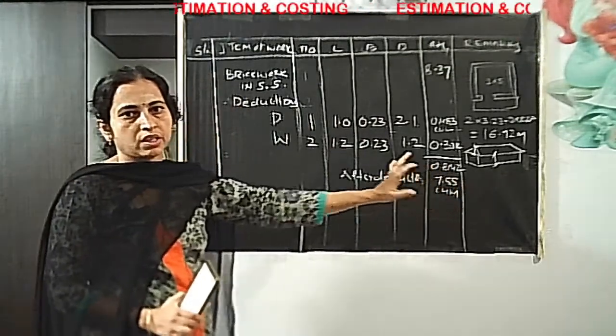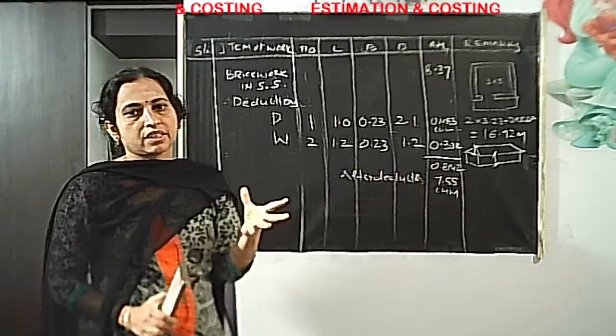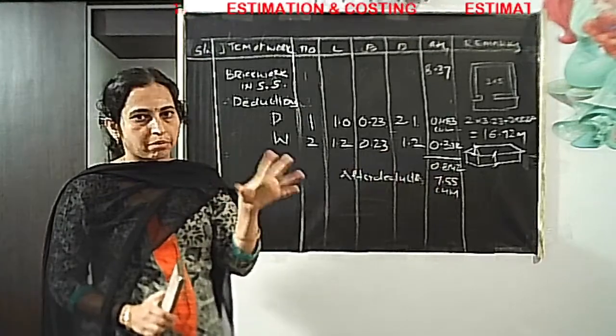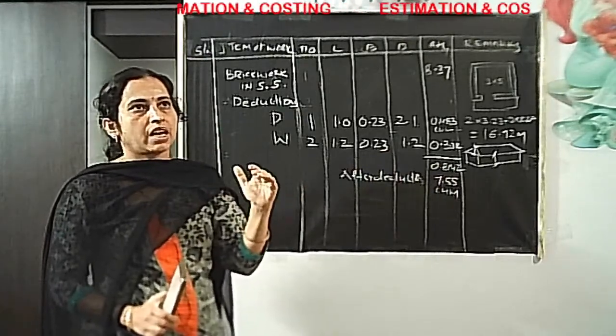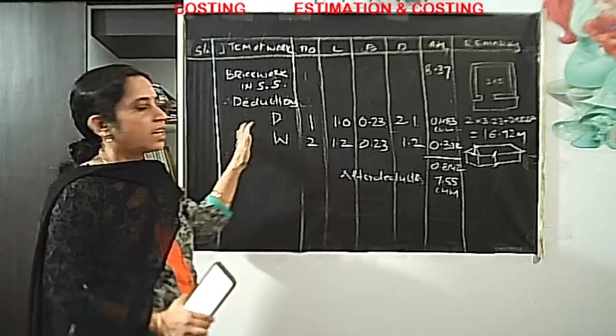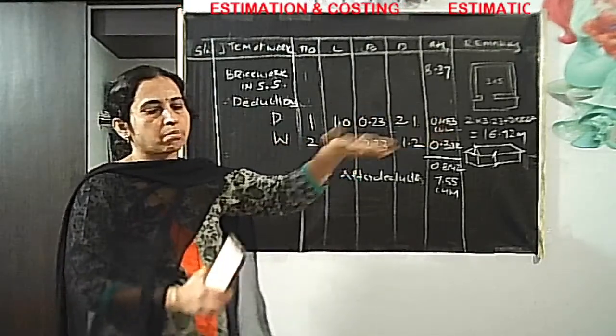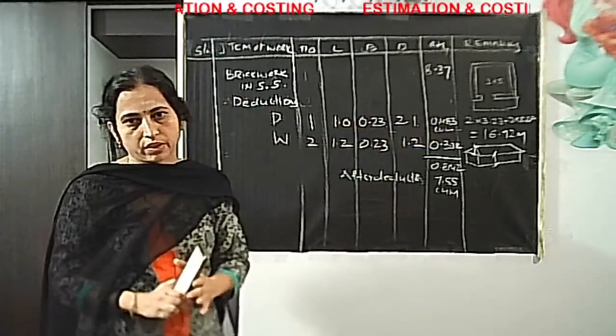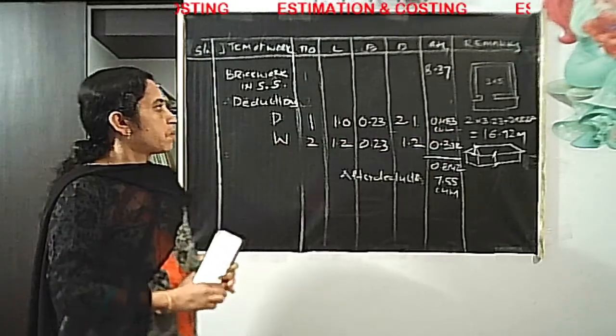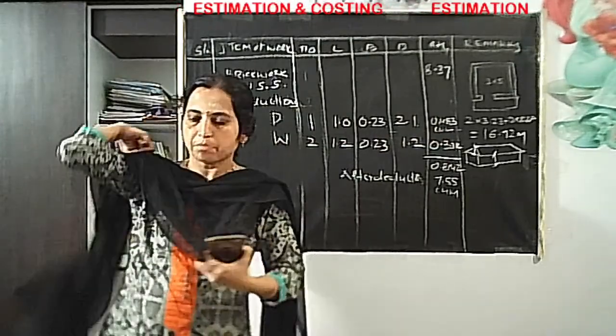Hope you have understood. So, the change in the brickwork is, you have to take up the gable walls. The gable walls are in the front and also at the back, depending upon the sloping roof. Okay. Next, we will continue with the plastering. What is the change in the plastering?